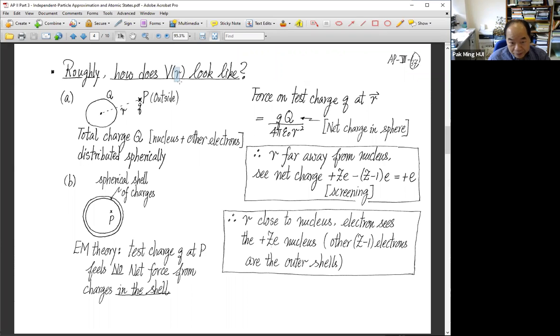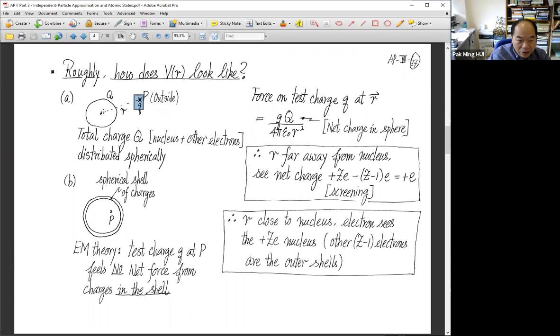V of R, if R is very far away from all the other electrons, so you have Z electrons to single out one. If the distance from the nucleus is far away, well, you know the ballpark angstrom, right? So if it is 2 angstrom from the nucleus, you already think that all the other electrons should be inner electrons. Okay, so in this way, when R is far away,